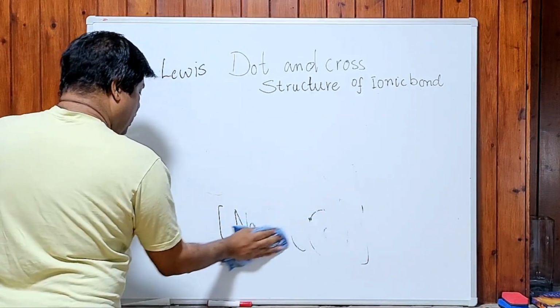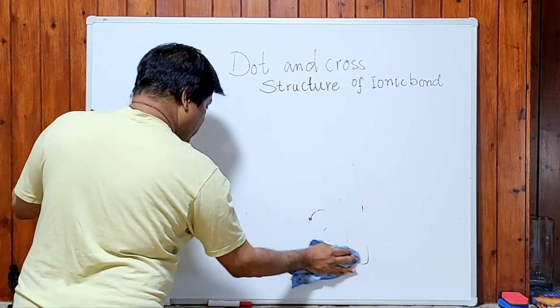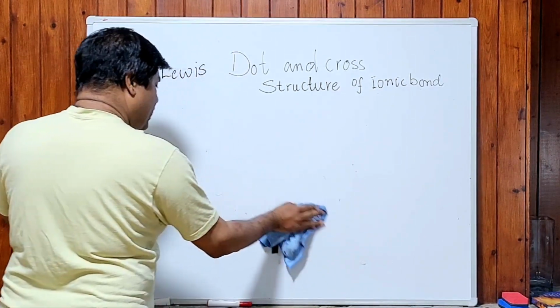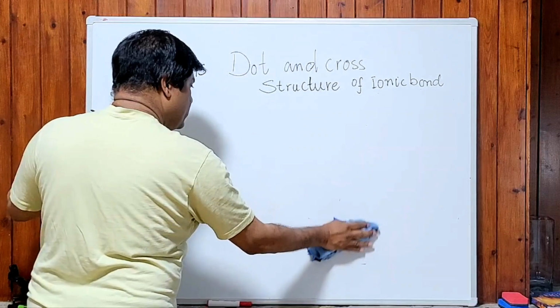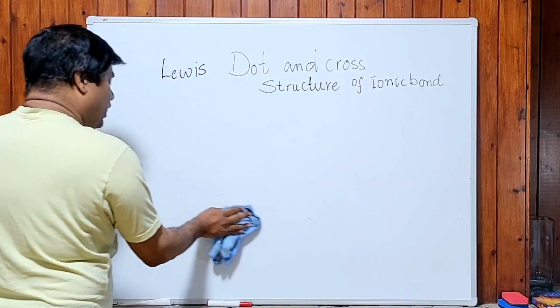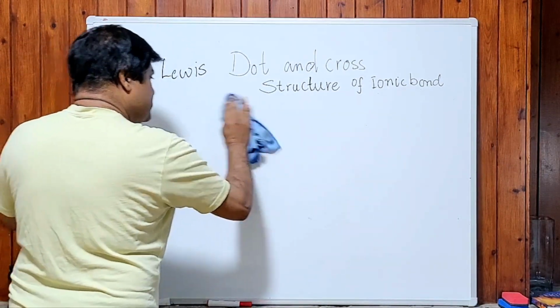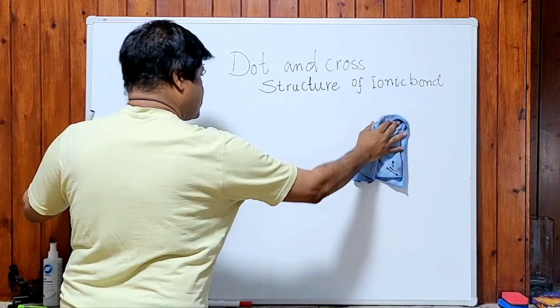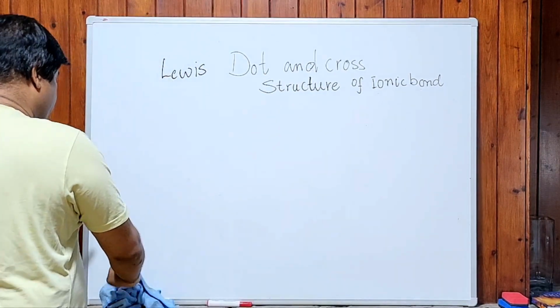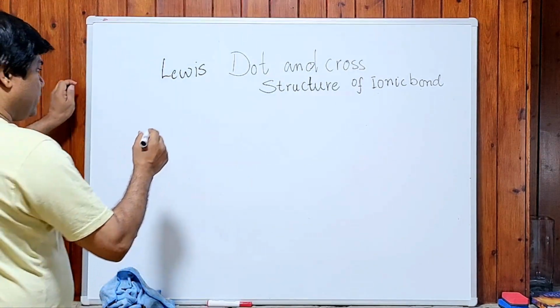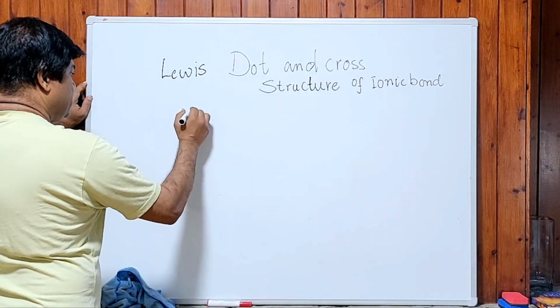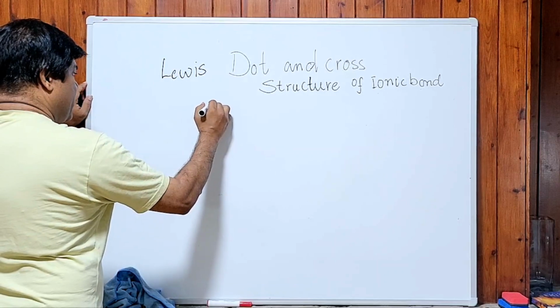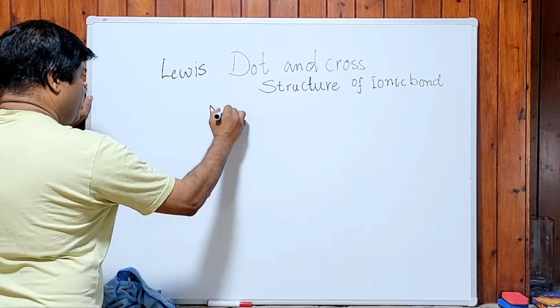Now I want to fix the group 1 metal, and I want to try with different non-metals from group 5, group 6. We tried group 7. Now see, sodium oxide, and I showed you how to write the formula of sodium oxide,